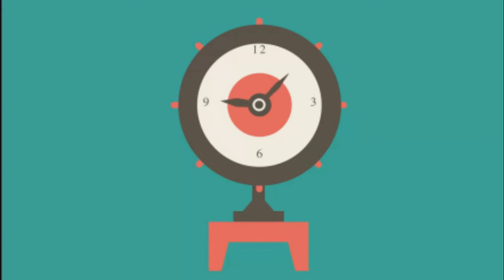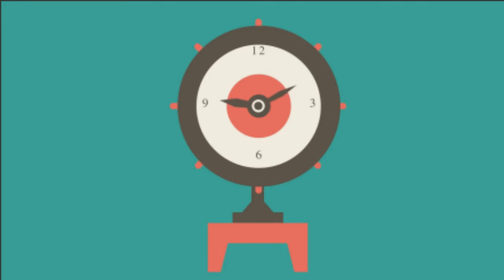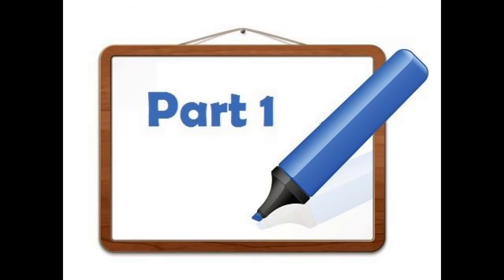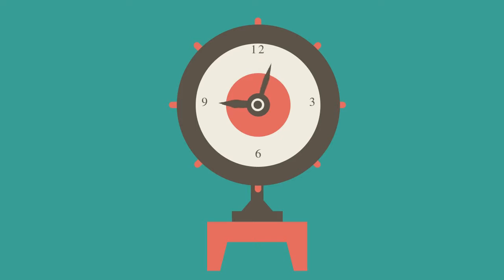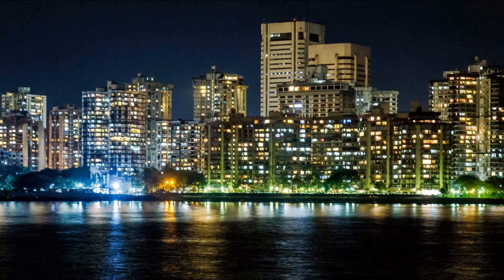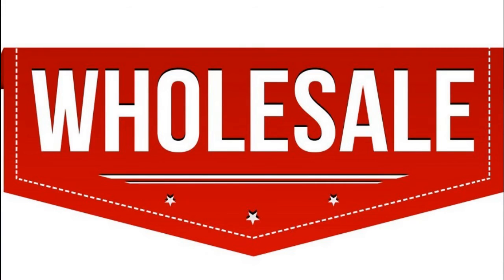Part 1 is from 9 a.m. to 9:08 a.m., part 2 is from 9:08 a.m. to 9:12 a.m., and part 3 is from 9:12 a.m. to 9:15. So what happens in part 1? From 9 a.m. to 9:08 a.m. you are allowed to place orders for a particular stock, whether a buy order or a sell order, based on the overnight influences on the stock from global cues and news. So from 9 to 9:08 you can place buy and sell orders at the price which you feel is the wholesale price